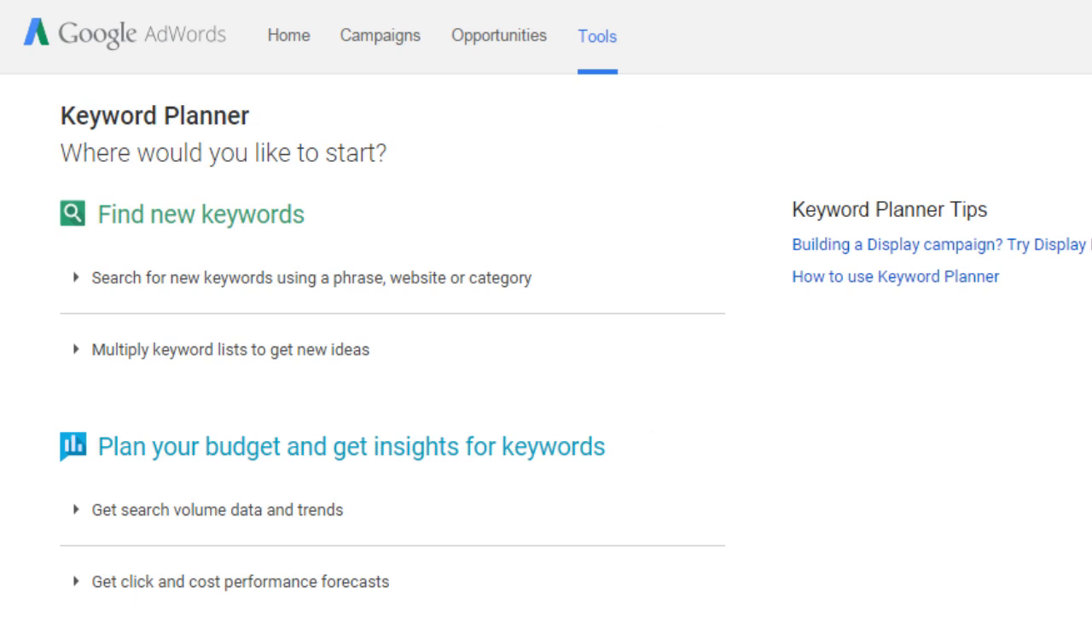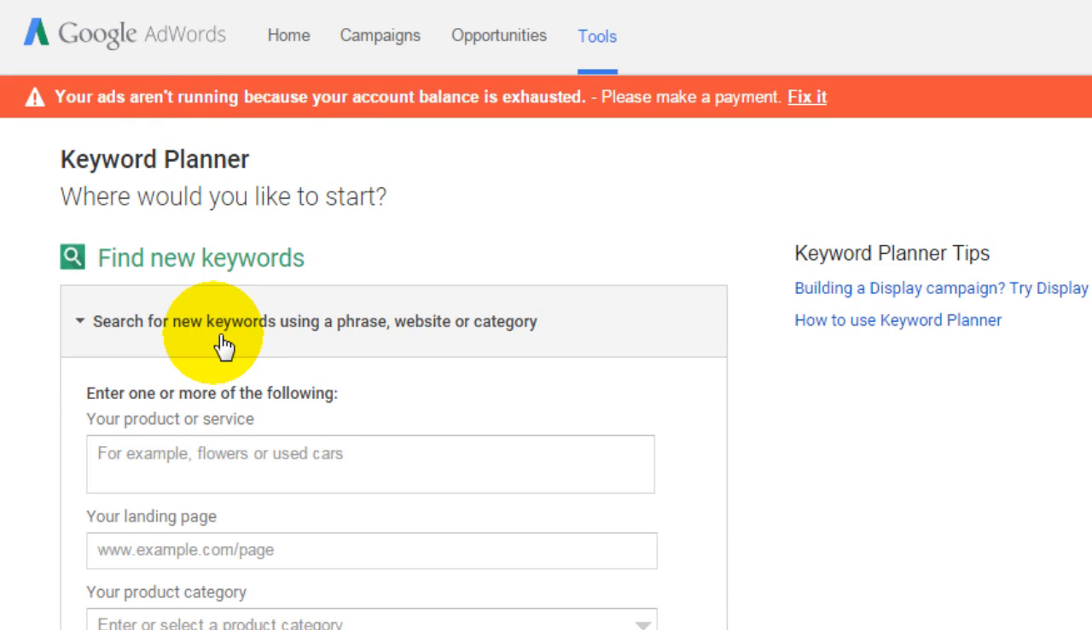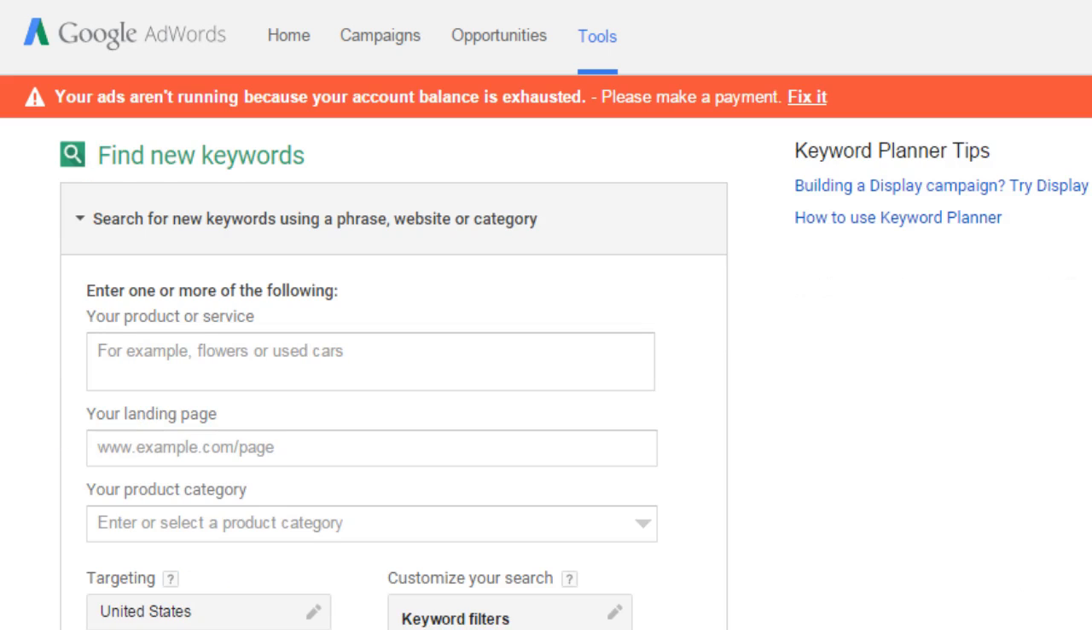Now you're going to see here that Google gives you a number of options. To find new keywords, we are going to take a look at the first option, which is search for new keywords using a phrase, website, or category. Here you're going to be presented with a number of options that we can fill out and settings that we can customize. So there's a couple of things that you can do here. The first thing you want to do is enter a general keyword in this box here